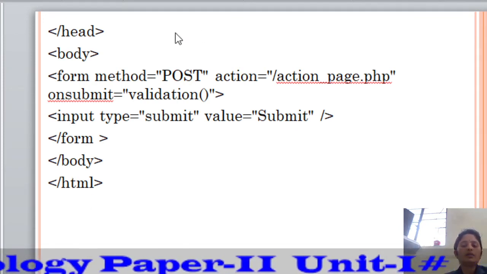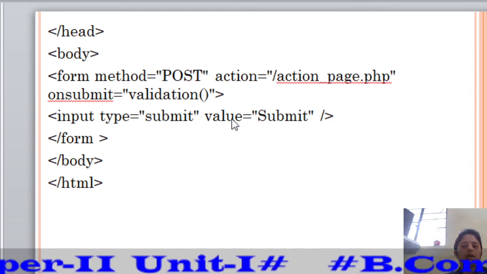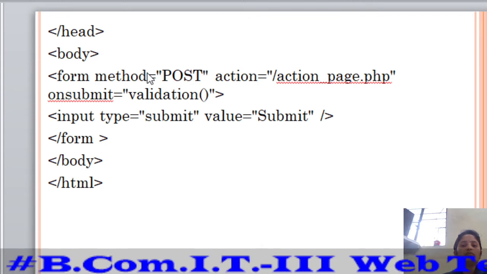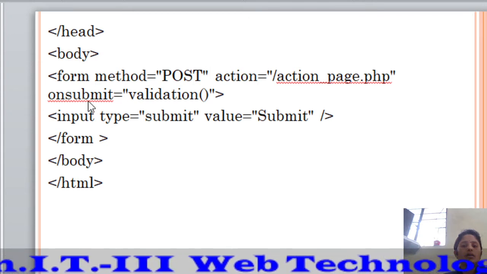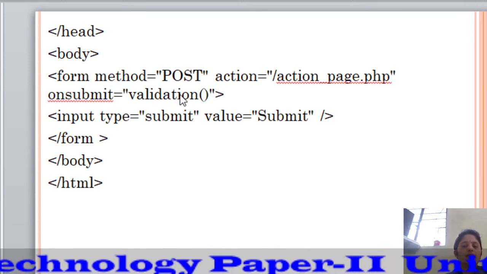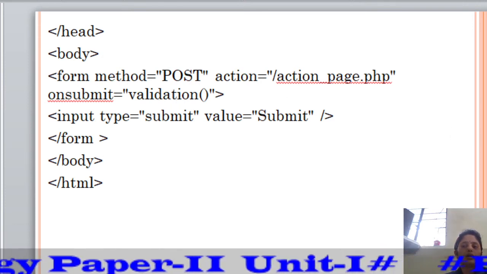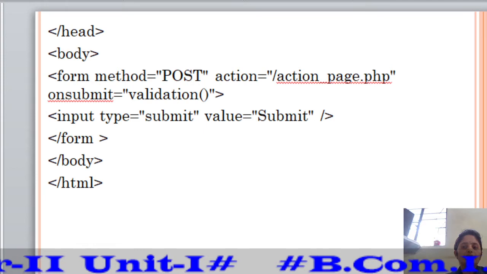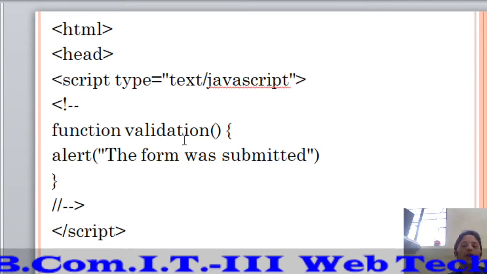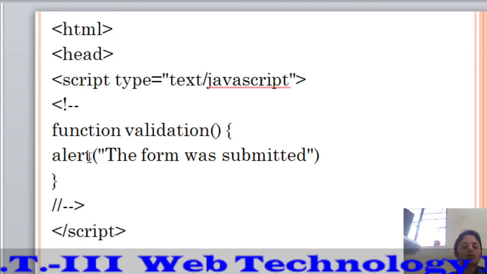In this program, I use a submit button and its value is also submit. When the form has an onsubmit event, at that time the validation function is called. After the validation function, let's see the definition of the validation function. In the validation function, I use only the alert dialog box.